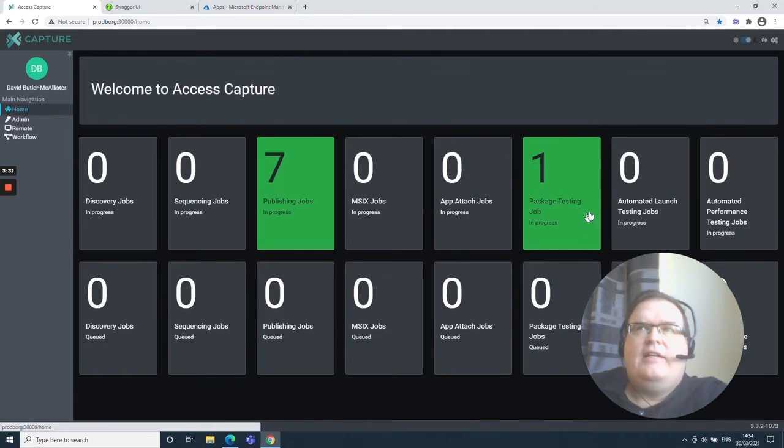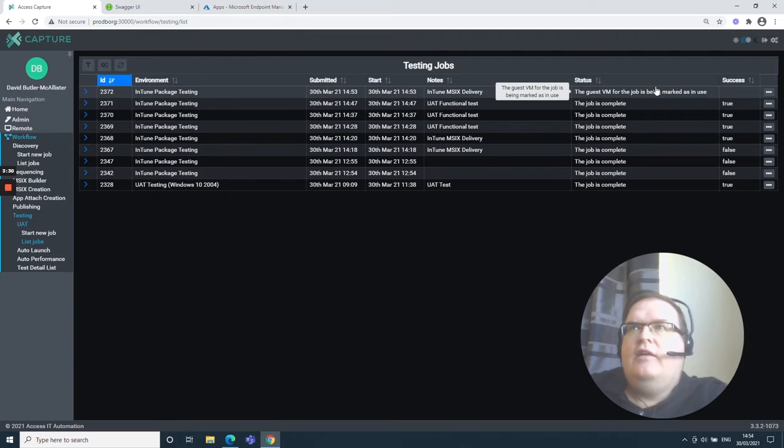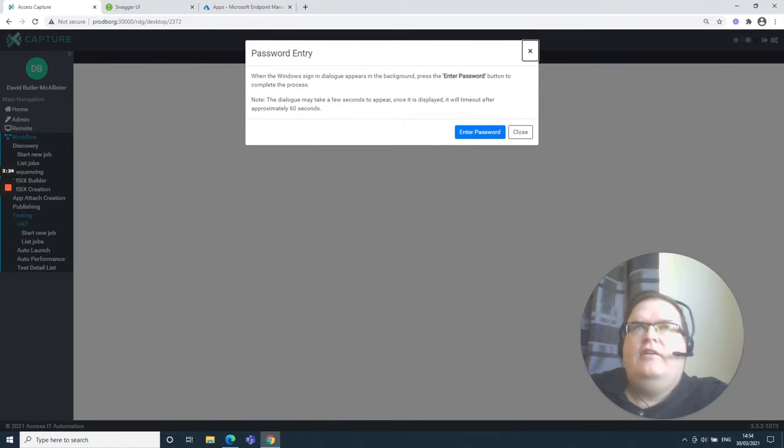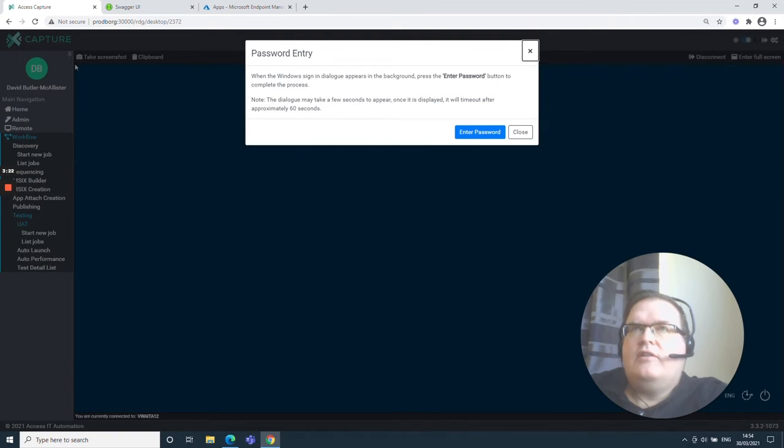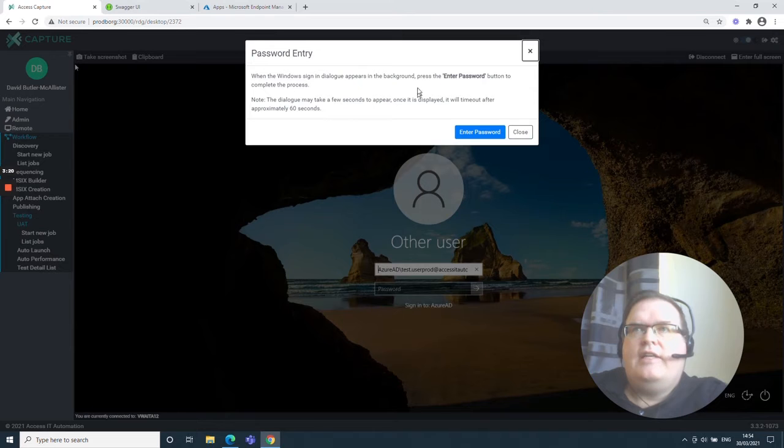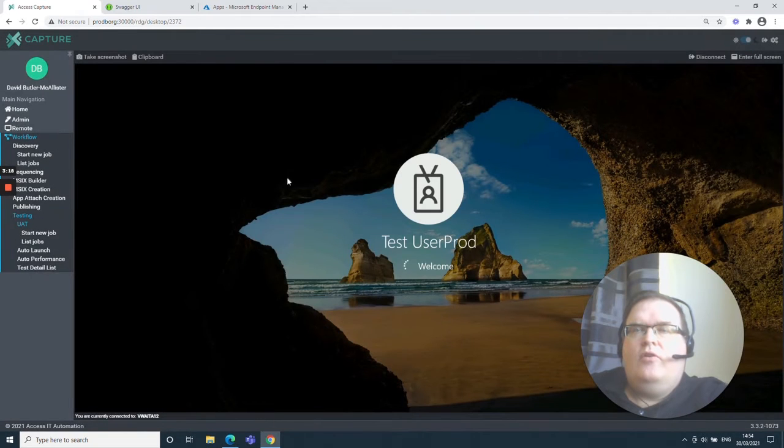So let's go back and see if this machine's ready, which it is. Its real-time statuses are coming in here, so we're ready to connect to the machine as an end user to conduct this end user test. So we're just going to log into this Azure Active Directory authenticated virtual machine, so it's hosted in Azure, and